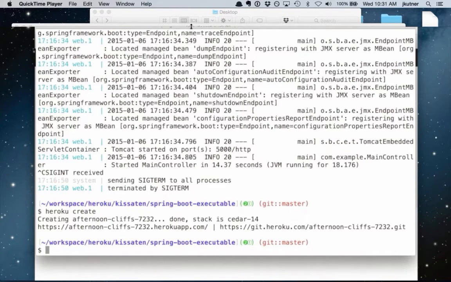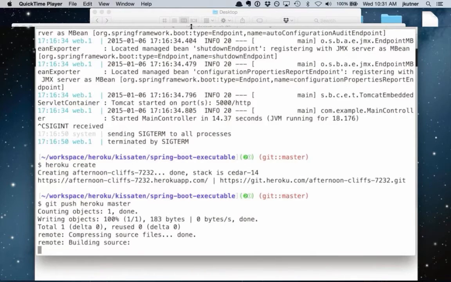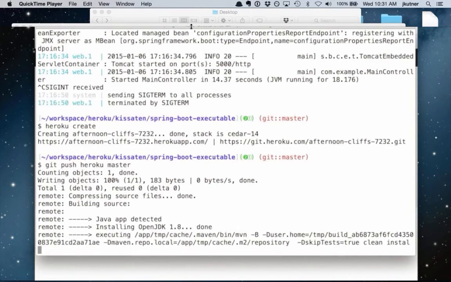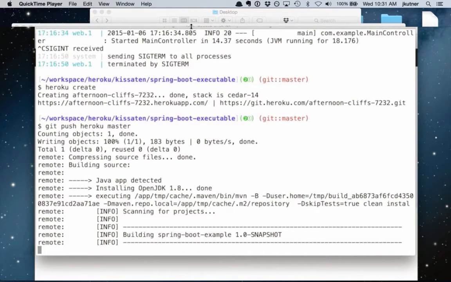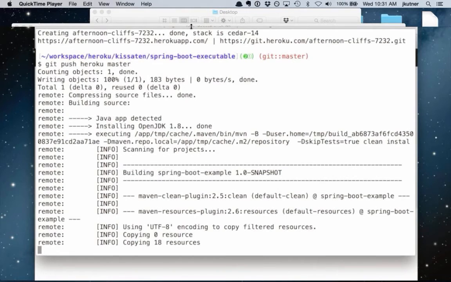Heroku provides this set of command line tools for creating, provisioning an application and deploying it. You can also do this from the browser, and I'll show that in a moment too if you're not super friendly with the command line. But then I can deploy this application to Heroku by pushing to the Git repository that it's provisioned for my application. So when I push my source code up, Heroku detects that it's a Java application, runs the same Maven task that I showed earlier that I ran locally,